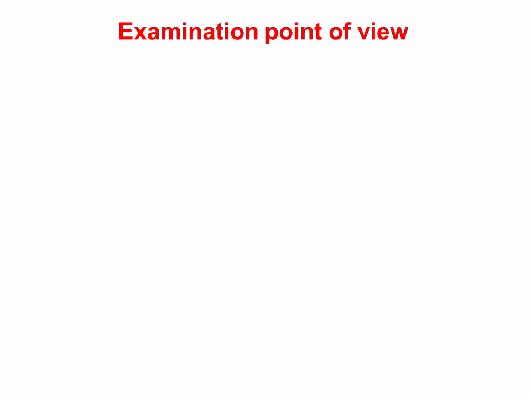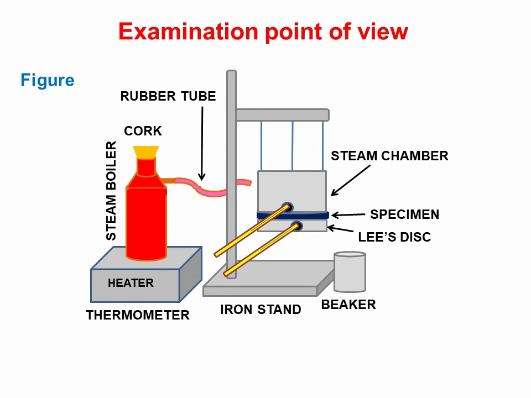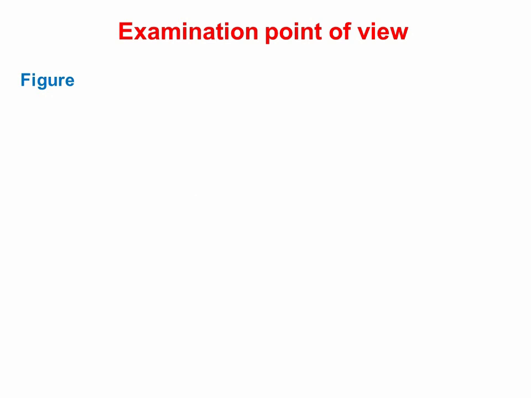Dear student, from the examination point of view, you have to write this experiment in theory. Let us see how to write it. Initially, draw the figure, very simple and good. First, you have to draw the diagram. Instead of a circular disc, you can draw a rectangular box, just like that. Simply draw the diagram and write the parts.